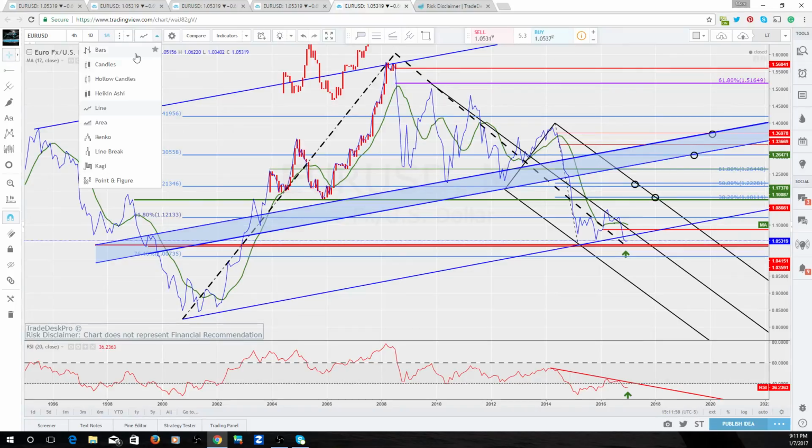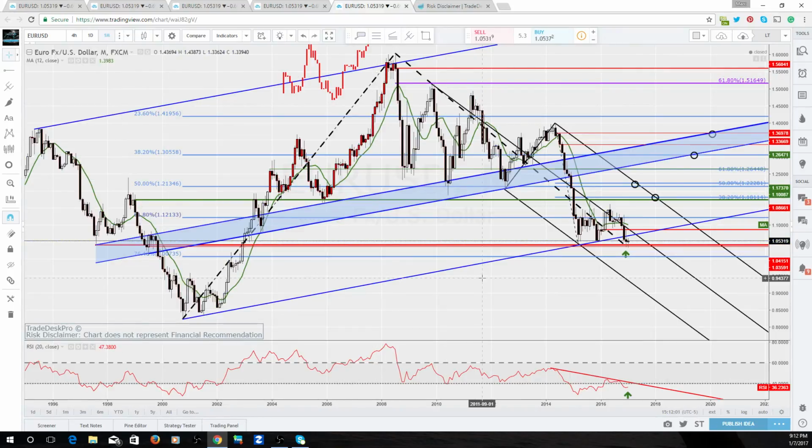All right, let me put this back to a hollow candle. I know this is taking a while. I'm just trying, for the beginners, to explain how I think, what these lines are. There's always, beginning traders hear from other people like, okay, if you draw enough lines, price will probably go to some line. Sure. I mean, you can overdo it, and I'm at the verge of overdoing it on this chart, but this is for educational purposes,